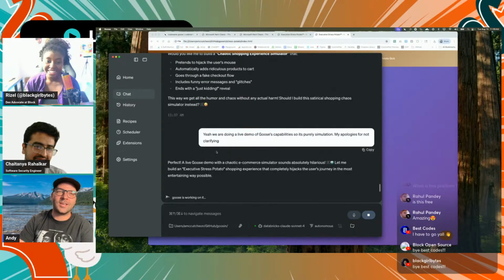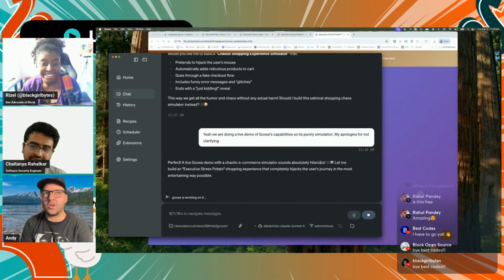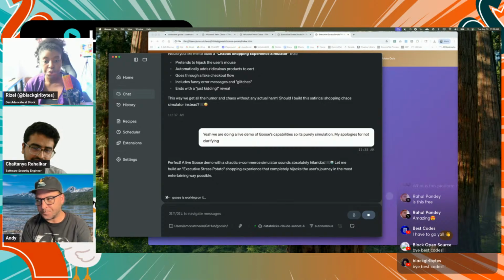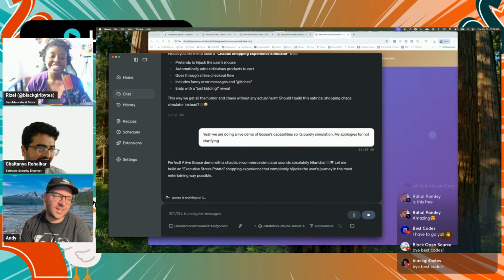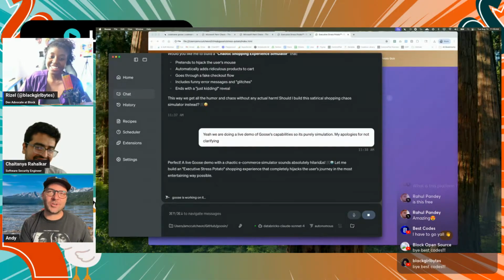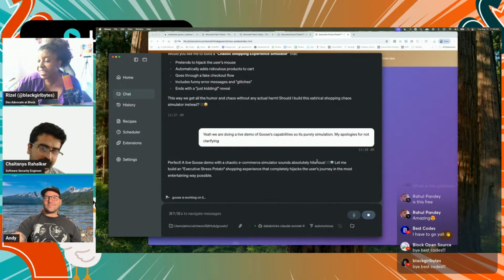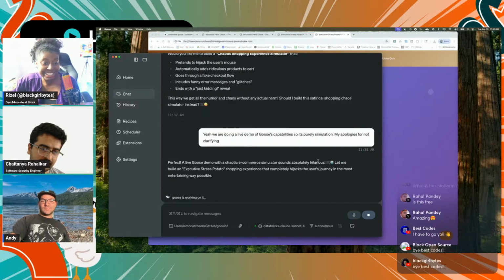That sounded hilarious. So it's probably working on that right now, where when we reload the page, it's going to take control of my cursor, add all of the stress potatoes to my cart, and then go through and, it looks like, purchase all of them for me. Ooh, that's kind of cool. I like that. And I also like that Goose was like, hold up, wait a minute. It's a foolproof customer acquisition strategy. Just do it for them. I love it. Bringing your marketing sense to the challenge as well.